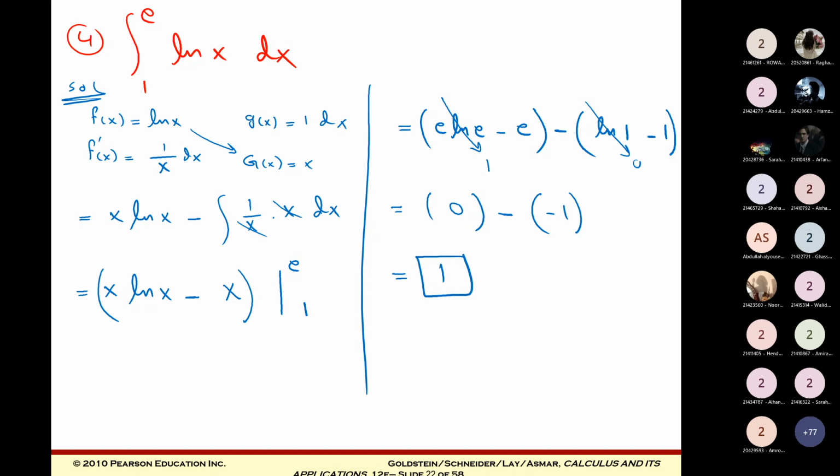سارة كيف طلعنا الجي اوف اكس؟ جي اوف اكس هذه اف، شو ظل جي اوف اكس؟ عندي دي اكس يعني 1 دي اكس. تمام؟ يعني اخذنا كل هذا انه اف اوف اكس. سو الجي اوف اكس اللي هي دي اكس، يعني هي 1 دي اكس. تمام؟